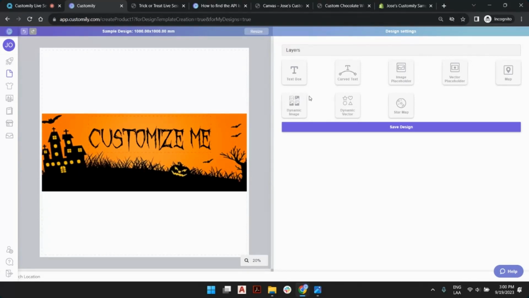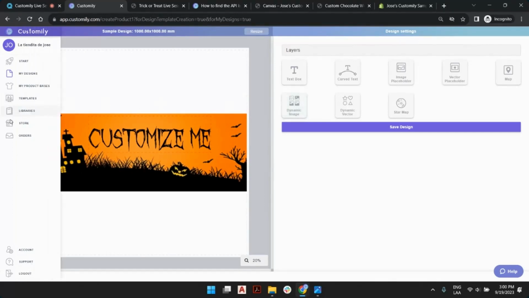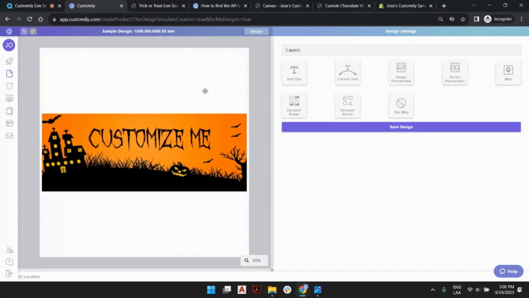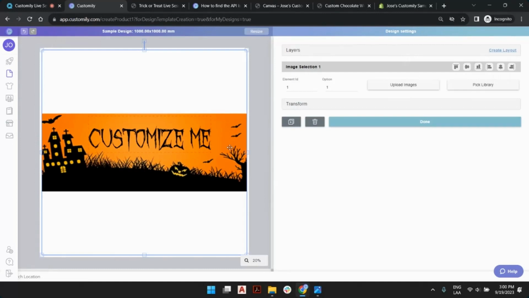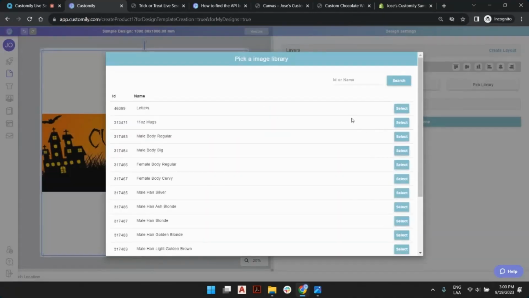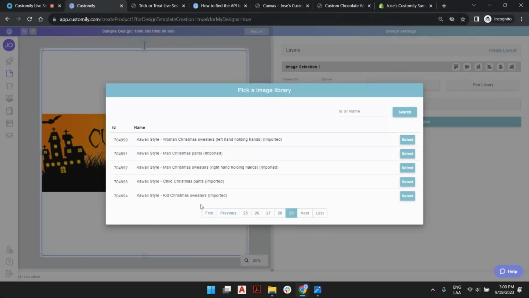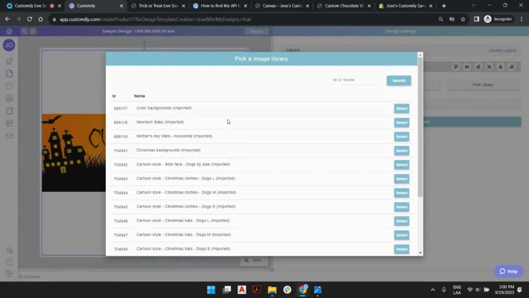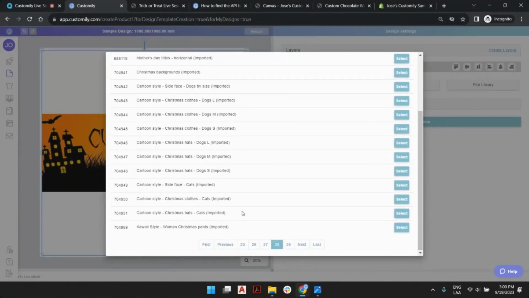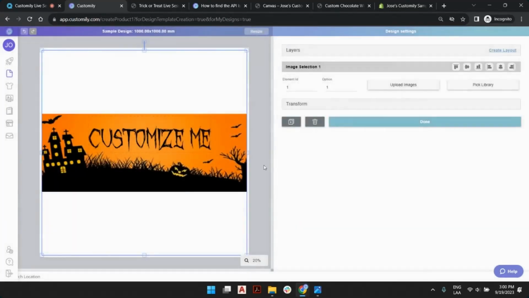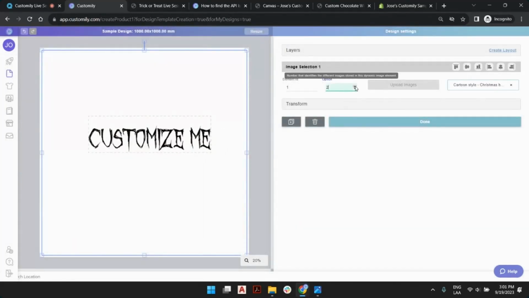But to upload your clip art, you can use dynamic images, or also you can use libraries. Uploading to your libraries will allow you to quickly access them in here. So you create a dynamic image, and instead of uploading your images, you pick from libraries, and you find your libraries, and you play around with that. Christmas. No, these ones are from today. I was trying to find, yeah, I don't know, this one. And you see, this is a library that I have from Customily that has